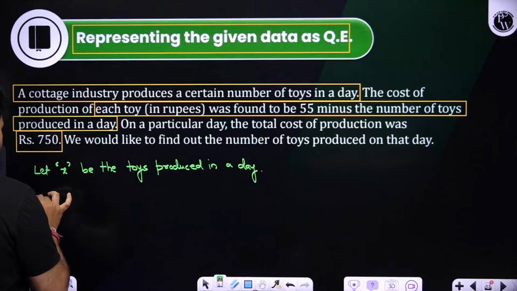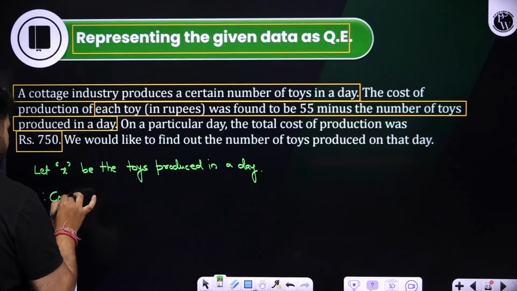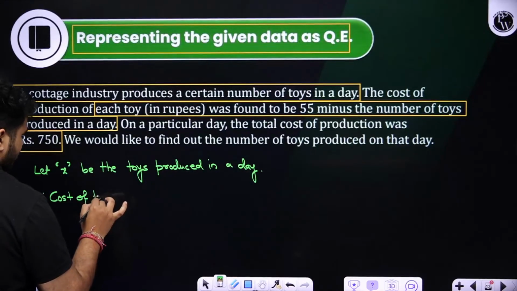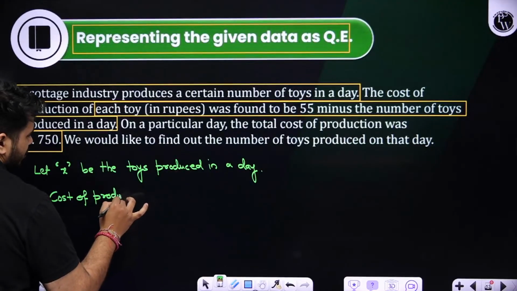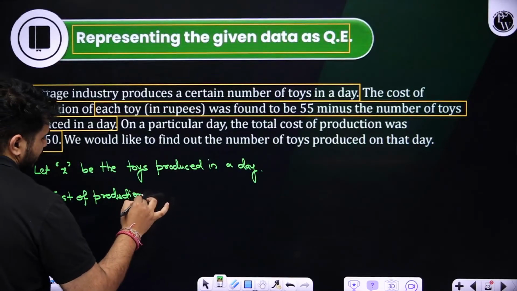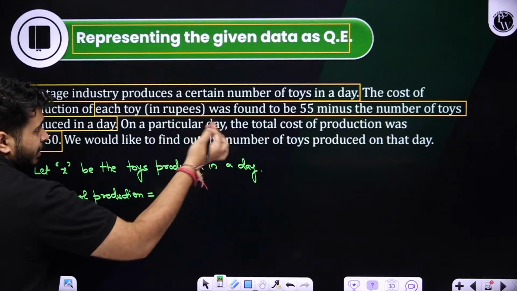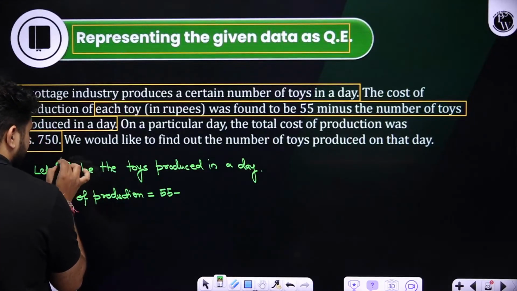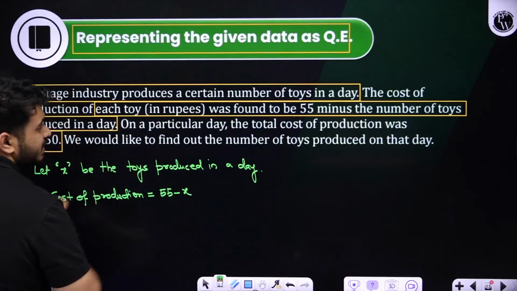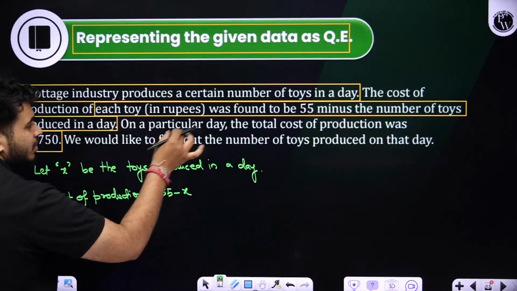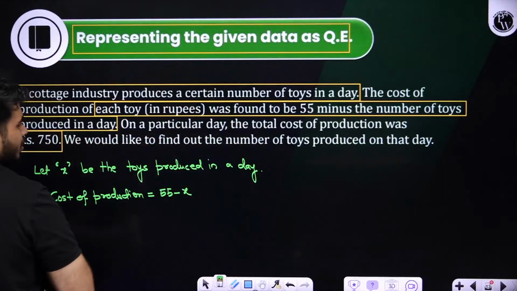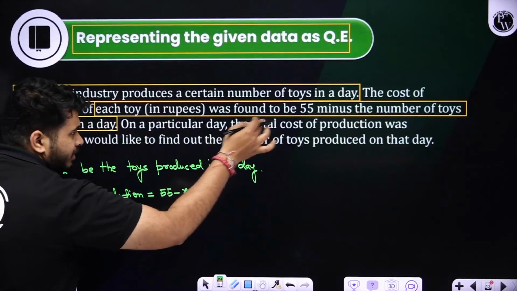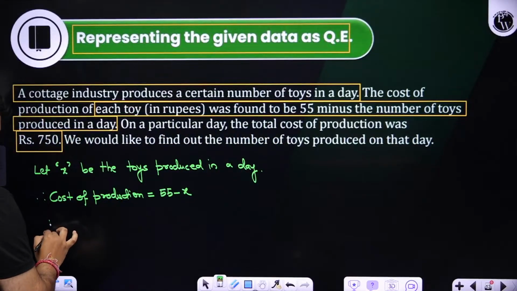So therefore can we tell that cost of production will be nothing but what, students? Cost of production will be nothing but 55 minus, they are telling number of toys. So number of toys, what variable have we taken? Variable x. 55 minus x. Correct? Next they are telling that on a particular day the total cost of production was